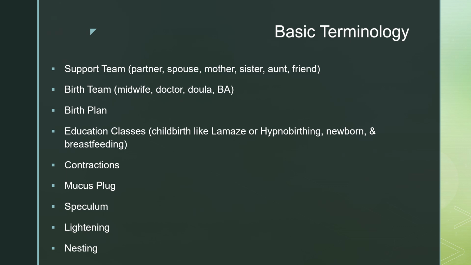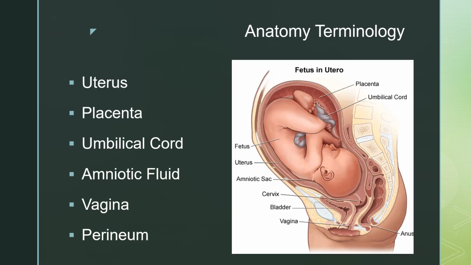She has this instinctual urge to get everything ready for the baby to come out in her home. So laundry, cleaning the floors, scrubbing, getting the baby room all set, folding clothes, all those little things are that instinctual nesting. Anatomy terminology, just looking at this picture of a mom towards the end of the pregnancy, and the